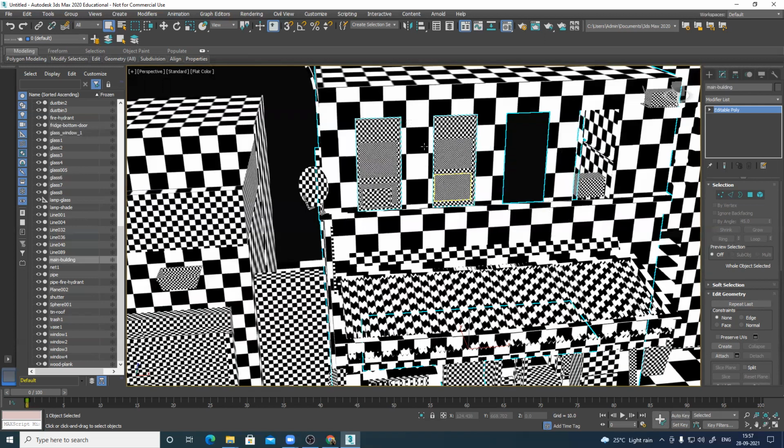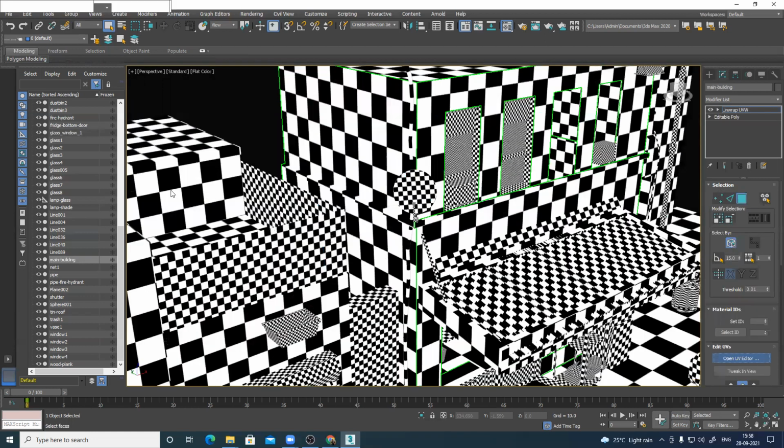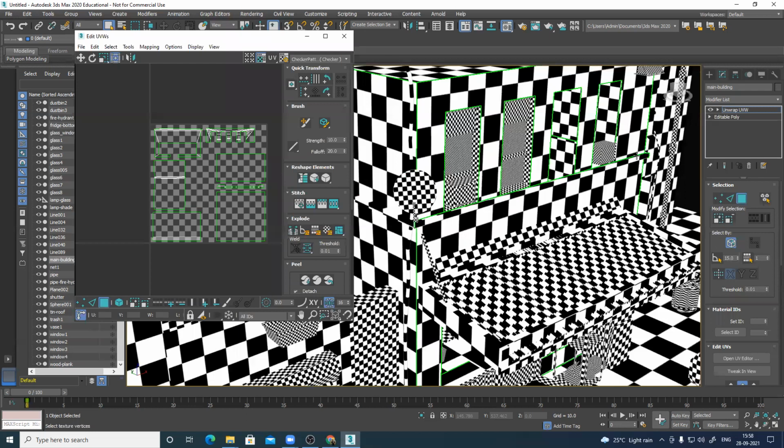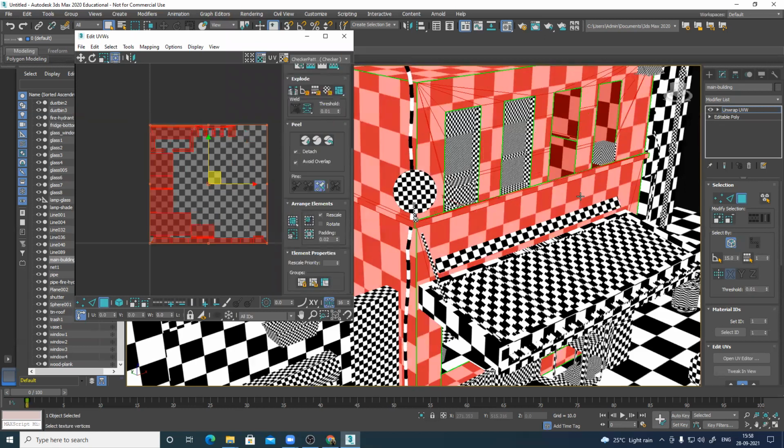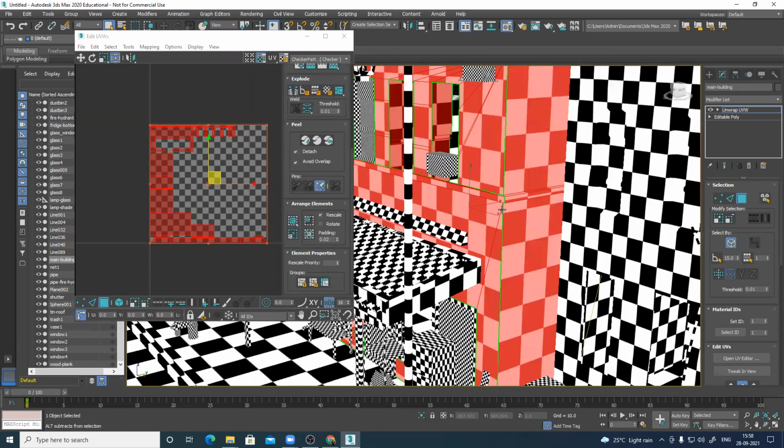Let me see the UV for this entire building. In this building, I can see empty space, right? So all this empty space can be used, and I can select the entire thing and fix the resolution.